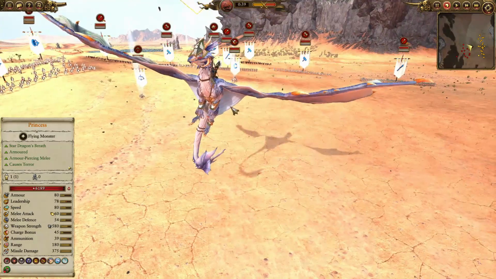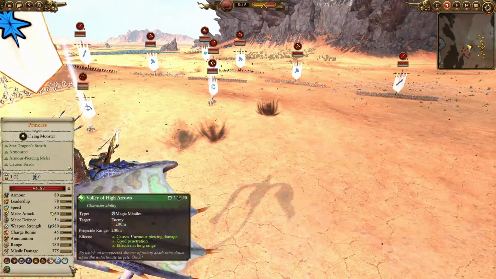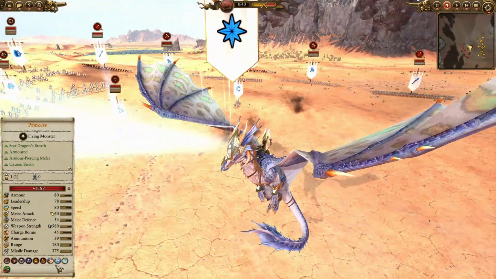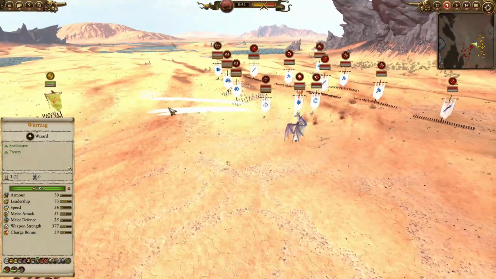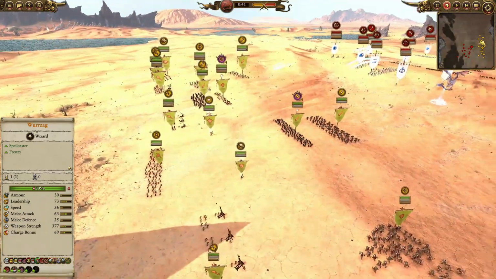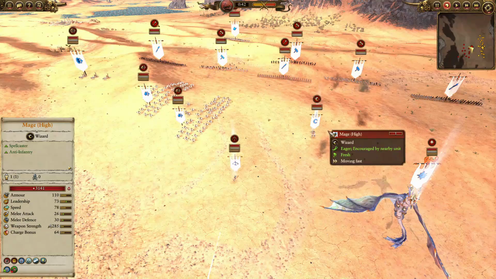But I wonder why you picked the princess over the other options. I do know you have some specific abilities. A Volley of High Arrows, Talisman of Loec, the Star Dragon's Breath. So I'm assuming this is very much like the Arrows of Kurnous from the Wood Elves, and you can use it to deal a lot of damage to any sort of target. Another Handmaiden of the Everqueen and a Mage of High Elves on a chariot, so very powerful stuff,